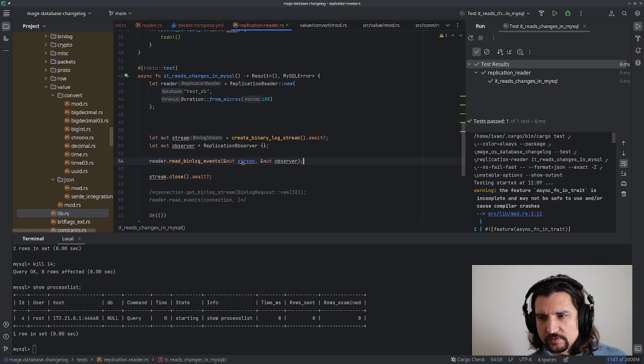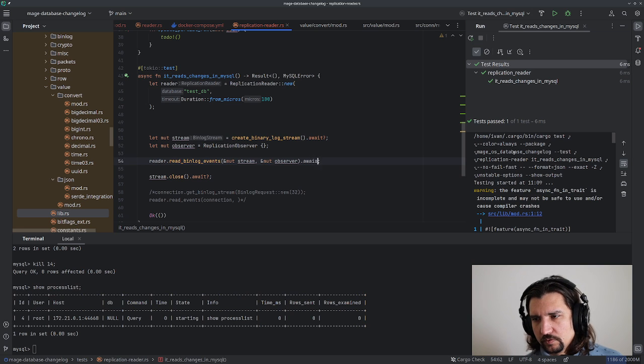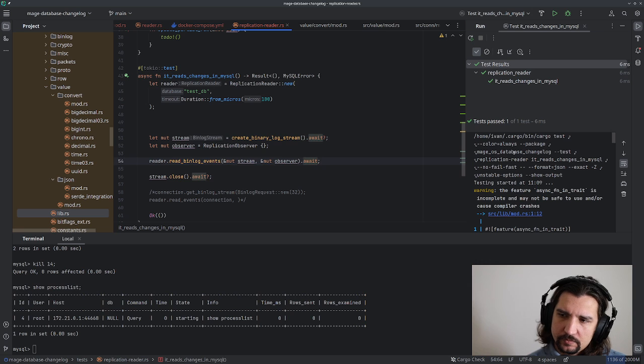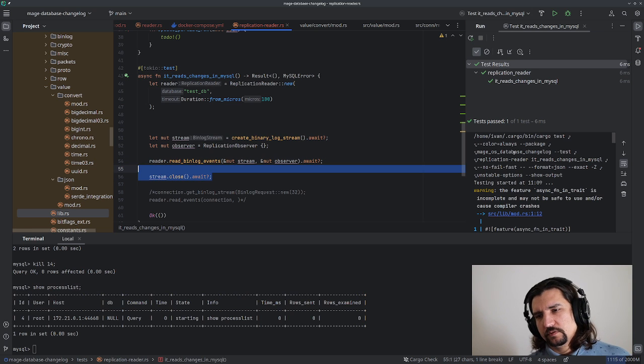So we're gonna pass a stream and an observer, and it should mutate observer as long as it reads all of those events. And we're gonna match on something. Let's see. So if something bad happens, right? So it should probably close the stream